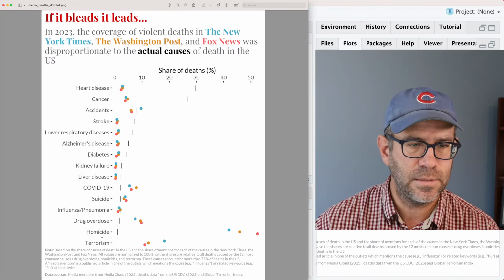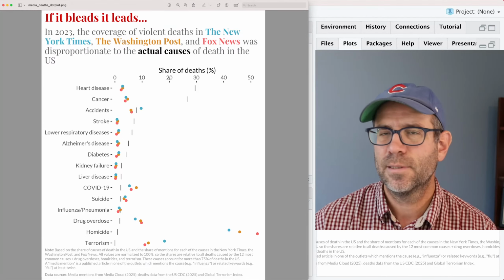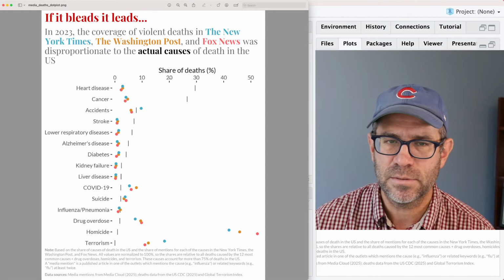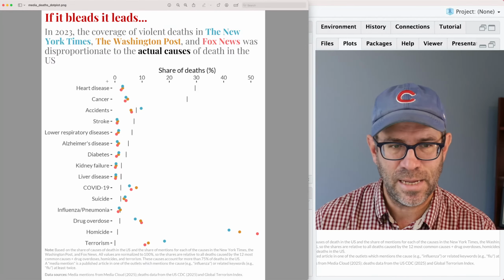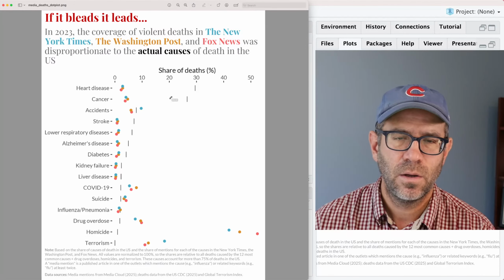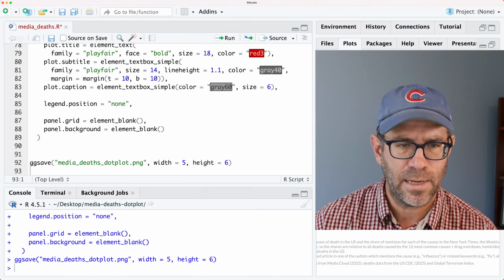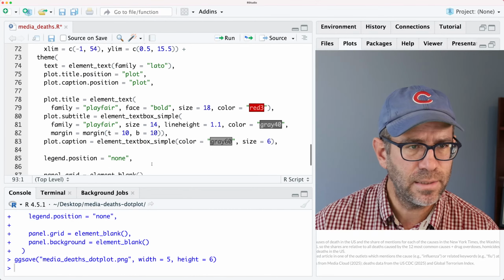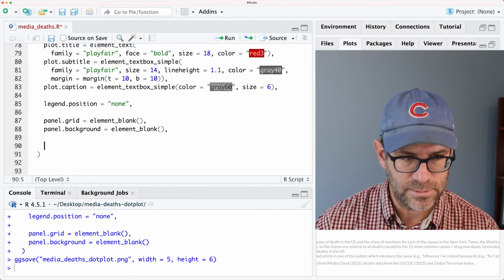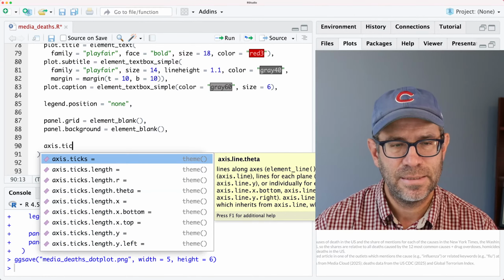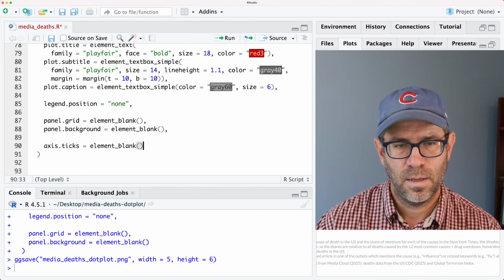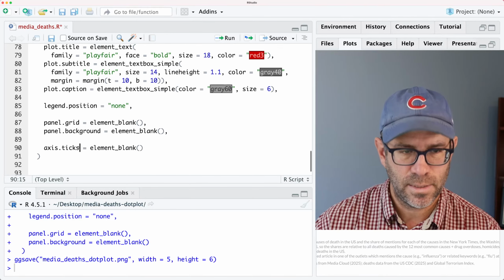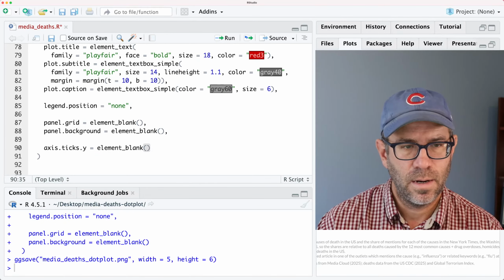We don't need these ticks, and also the default theme in ggplot2 is theme_gray, and it makes the font on this text on the axes and the title a grayish color rather than black. So let's go ahead and mess with our axes. So we'll do axis.ticks equals element_blank, and maybe I'll just do that on the y-axis, and then we'll